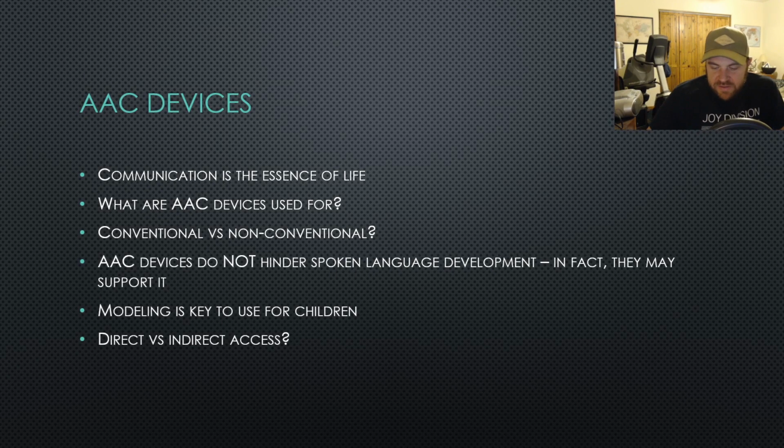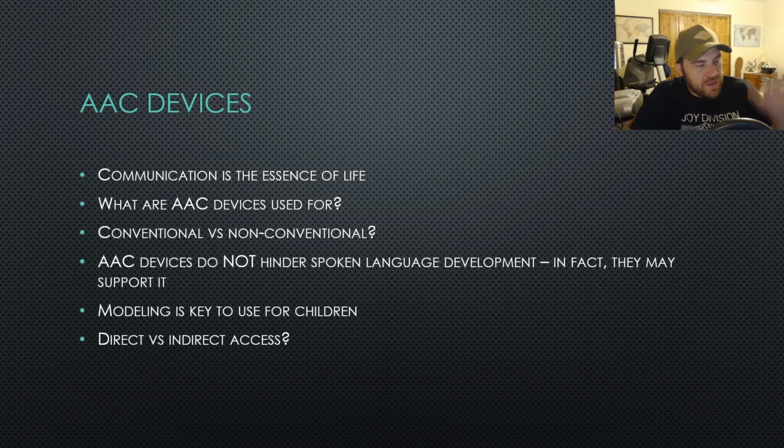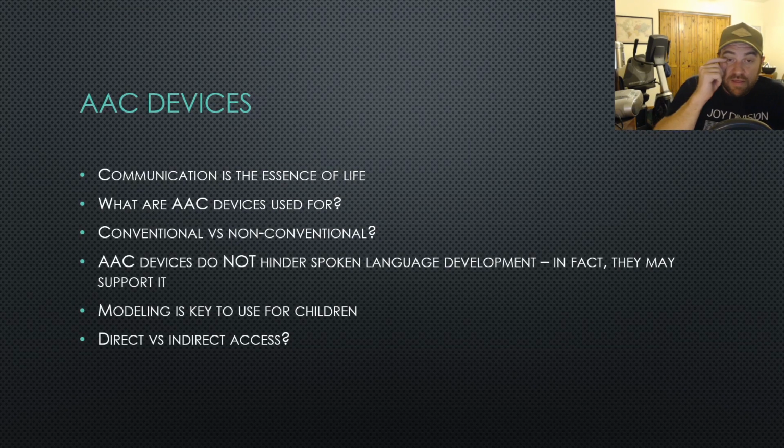Direct and indirect access. A direct access just means that you can directly get to the piece of information that you want to get out. So on my computer, I can touch my keys. That's direct access. If I have a chordboard, I can point to the symbol that corresponds to the word that I want to say. That's direct access. If I was using eye gaze on my screen to point to a word that I wanted the computer to say for me,